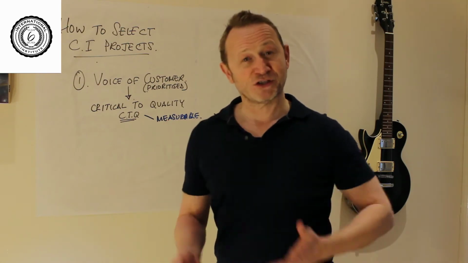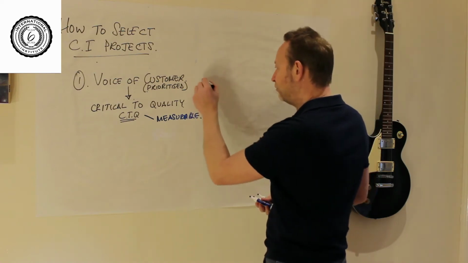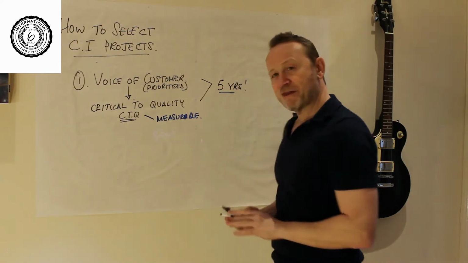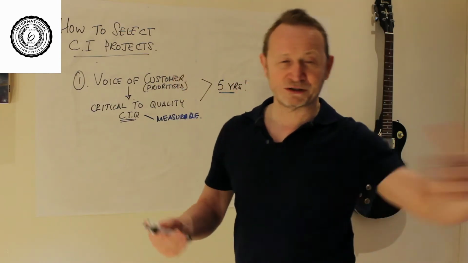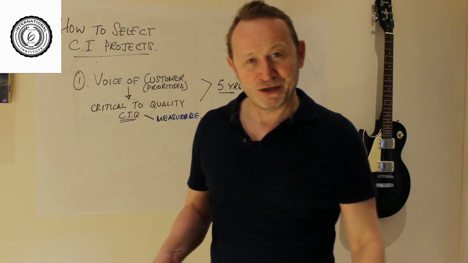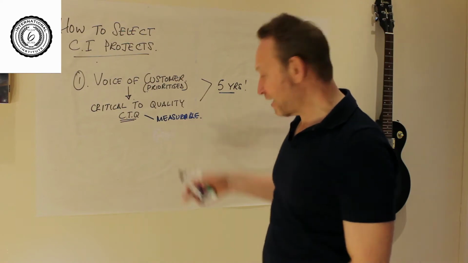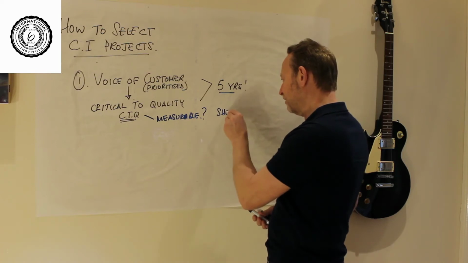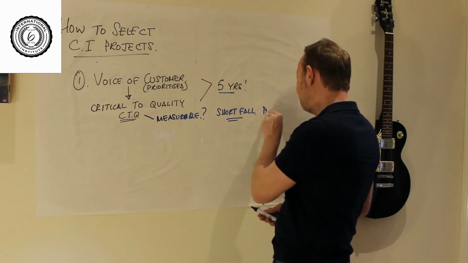So if the customer says, I want the product to last a long time, you might decide, when you convert that into a CTQ, that means it lasts at least 5 years. And then you've got something that's measurable. You can measure your product and say, well, is my product capable of lasting for 5 years before you've got to throw it in the bin and start again? And of course, once it's measurable, you can then ask the question, how are we doing? And of course, if anywhere there is a shortfall on your CTQs, maybe